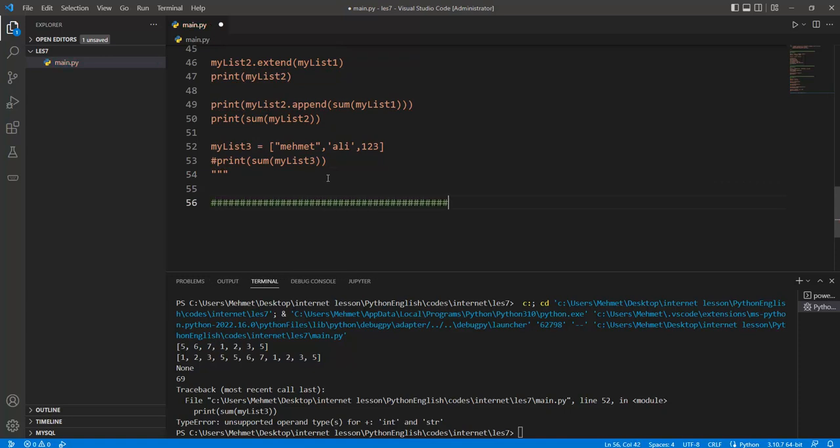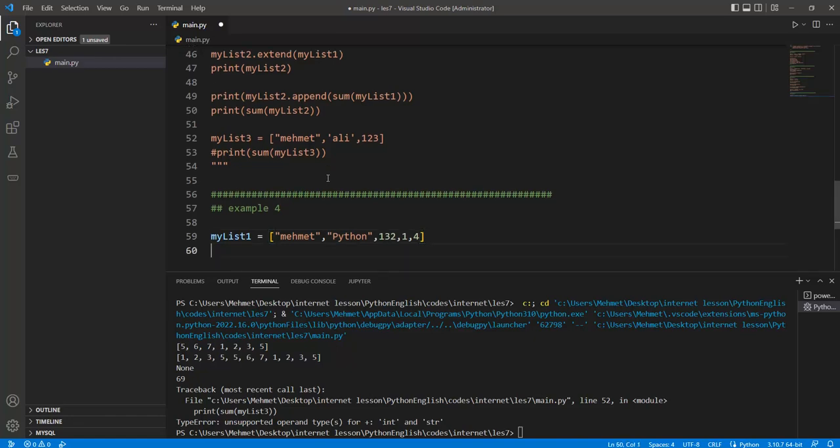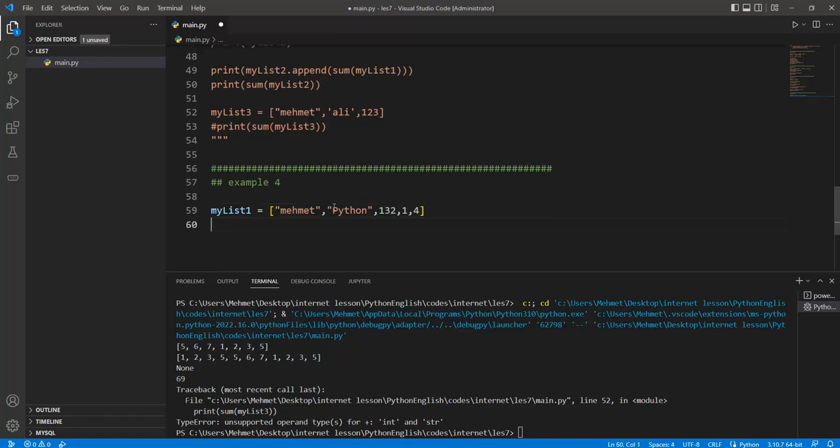Example 4 is related to another function. My list 1 is equal to Mehmet, Python, 1, 2, 3, or 1 or 4. Okay, we can add these terms, and so